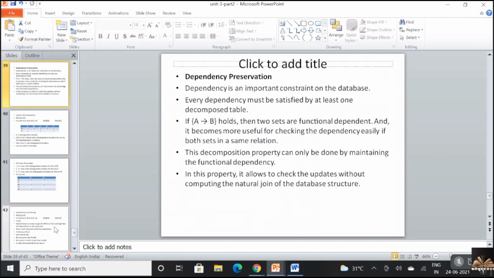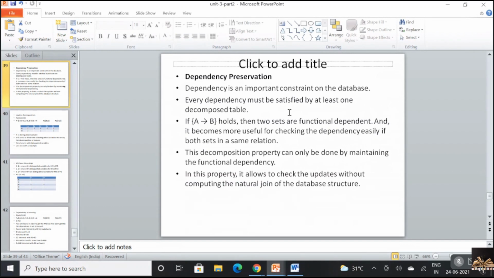And then you have the concept of dependency preservation. This is one more important feature, Amma. Whenever you are given a relation capital R with a set of functional dependencies, and whenever you decompose the table, all the dependencies that were holding good with respect to capital R should also be present with respect to the decomposed tables. Or else I can blindly say that the dependency preservation does not exist.